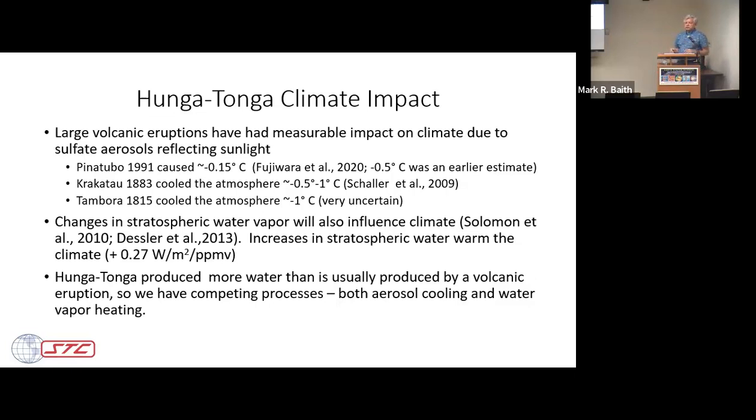There's some guy in Southern California putting SO2 in little tiny balloons and sending them up in the stratosphere. I don't think he understands the units behind what's required to produce even a 0.5 degree centigrade cooling. We're talking about 100 megatons of SO2 to do that. And a little balloon is probably 2 or 3 ounces of SO2. Anyway, so basic math would get you that you really need to put a lot of SO2 up here.